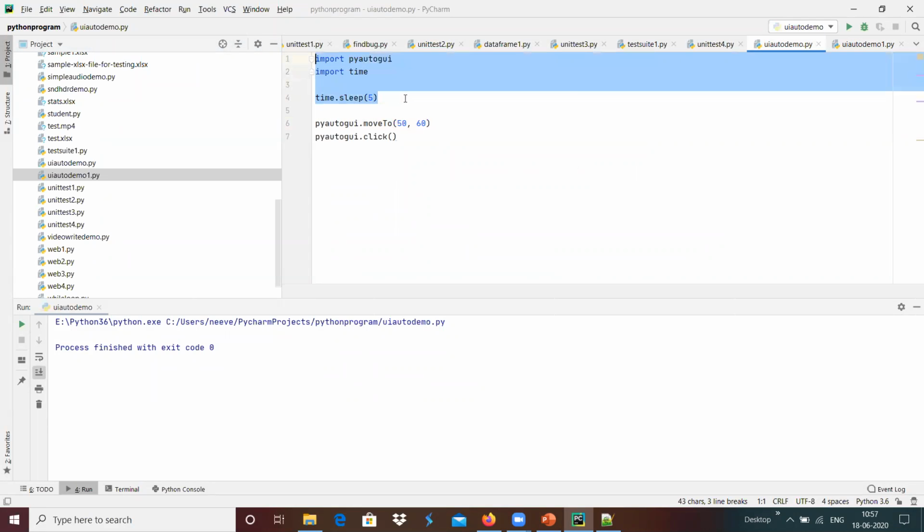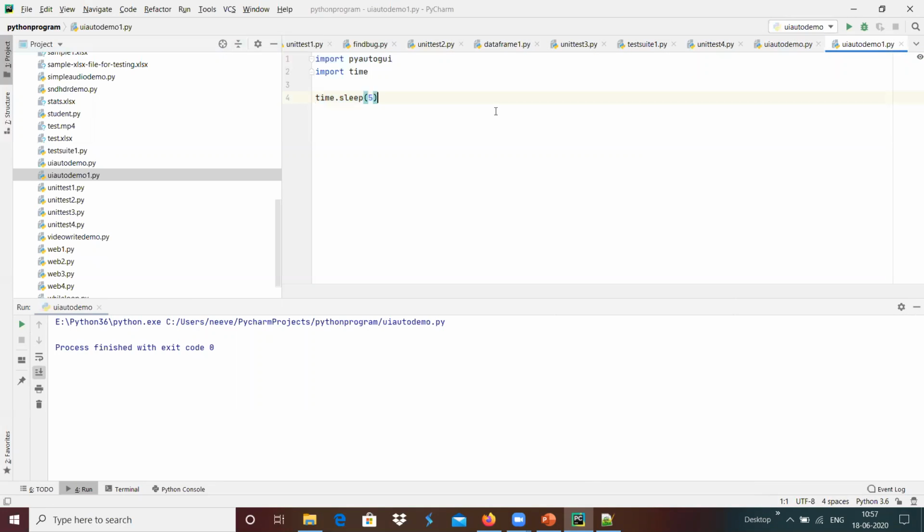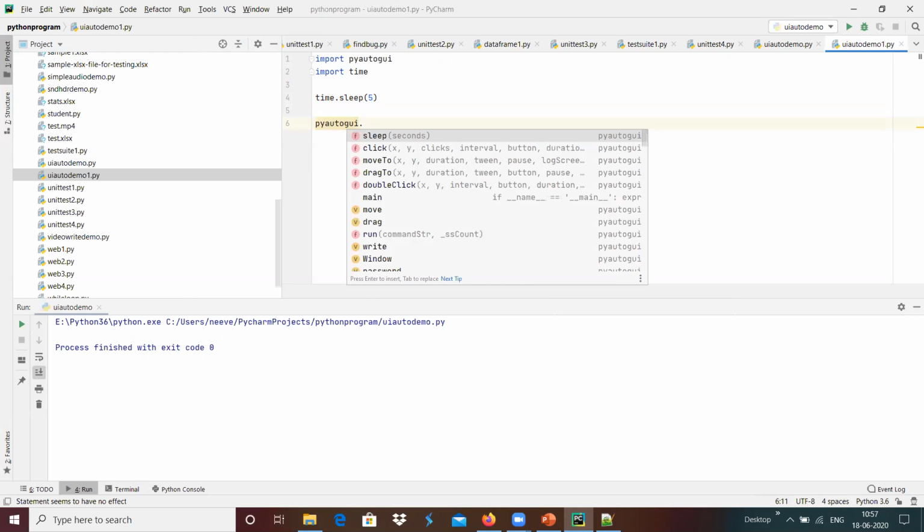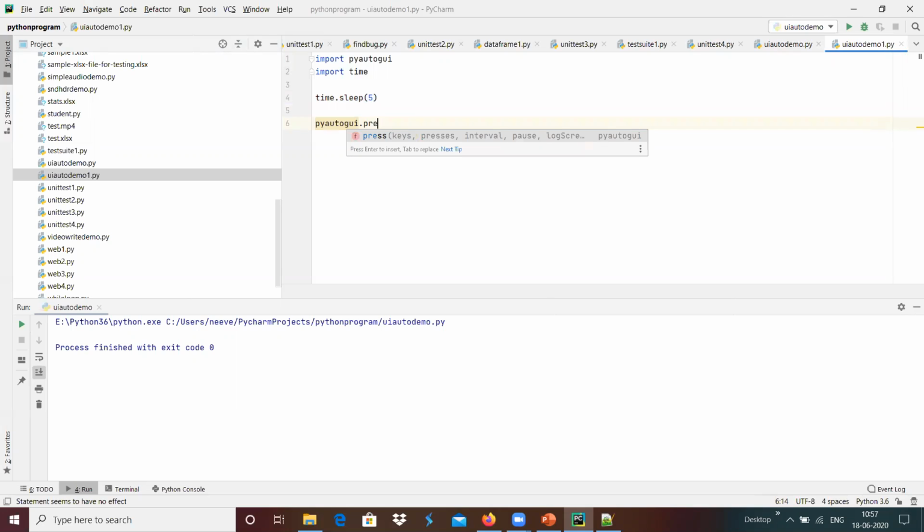I'm copying over to here, and then I'm going to use pyautogui.press over here, and the key is enter, and I'm going to generate the same enter again over here.